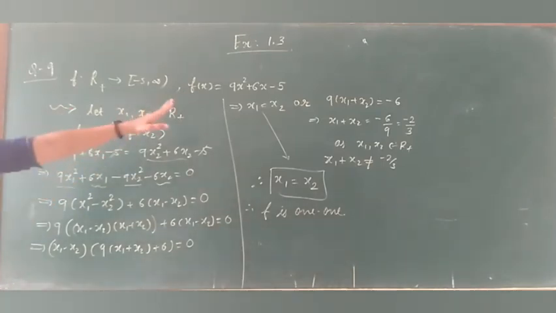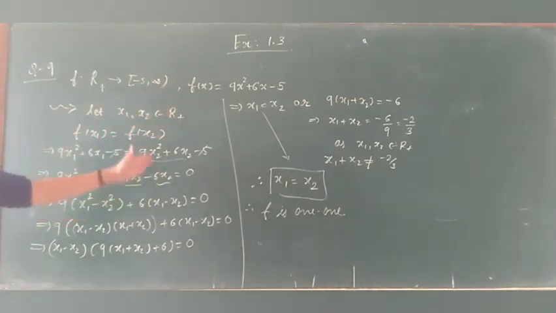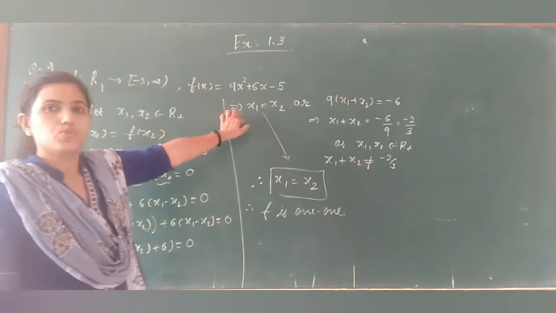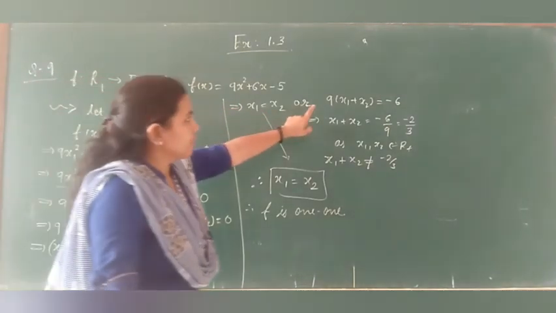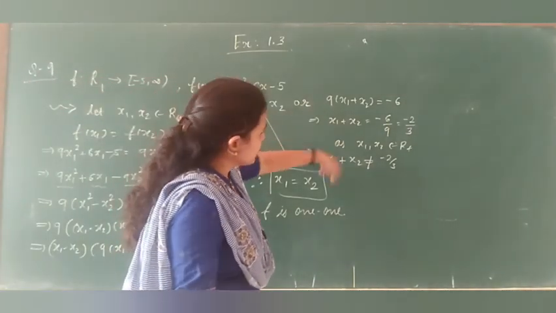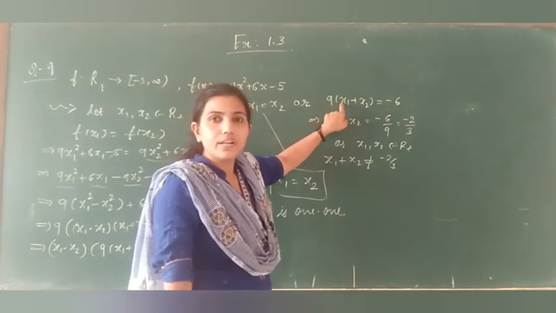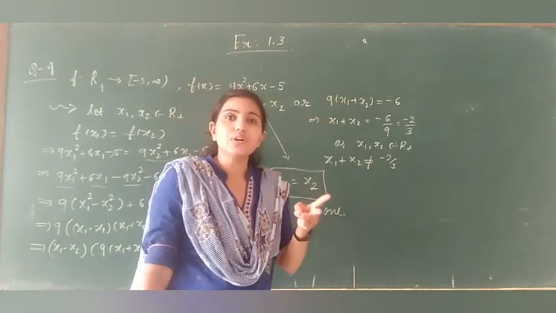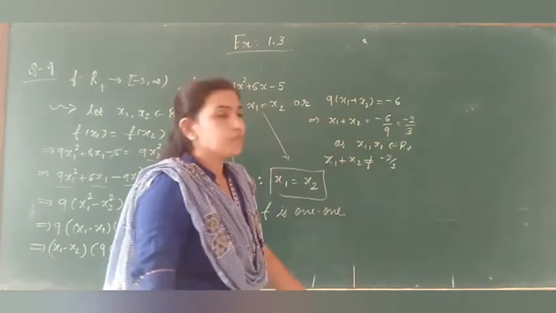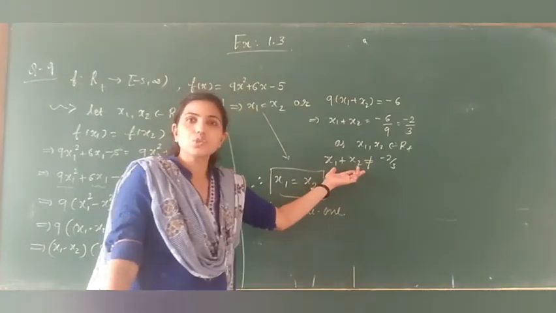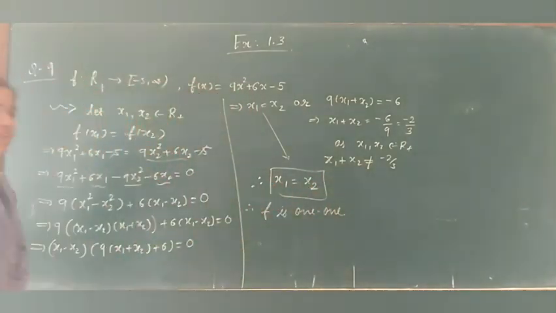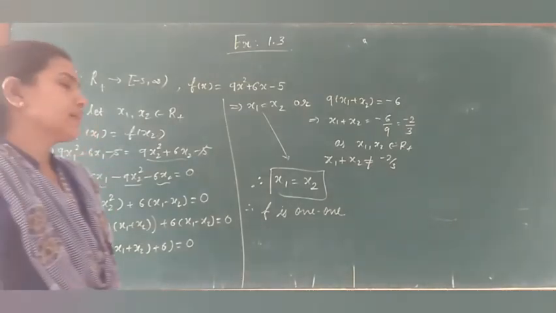So we have also defined the function, considered it accordingly, and we got x1 is equal to x2. The other case is not possible, because when we are converting, we are getting the addition of two positive numbers as a negative, which cannot be possible. So therefore x1 is equal to x2 and hence our function is 1-1. So you can note down this 1-1.